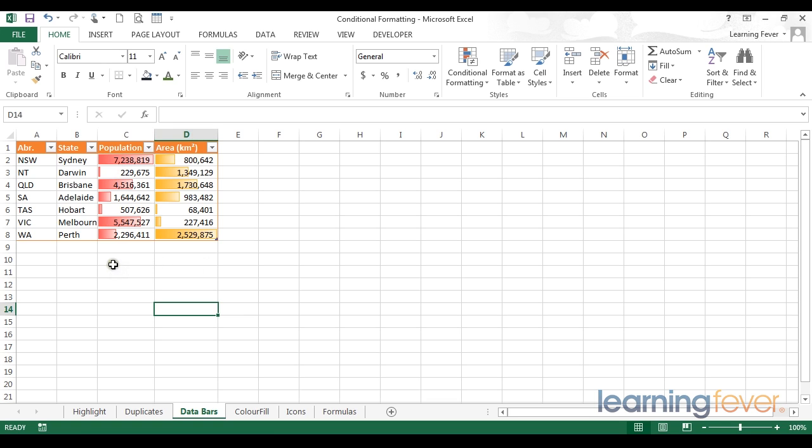interesting visual cues. For example, I'm able to see that Sydney has a population of 7 million, while not having one of the largest surface areas. By contrast, somewhere like Western Australia has a very large expanse of square kilometres, but doesn't have the same population